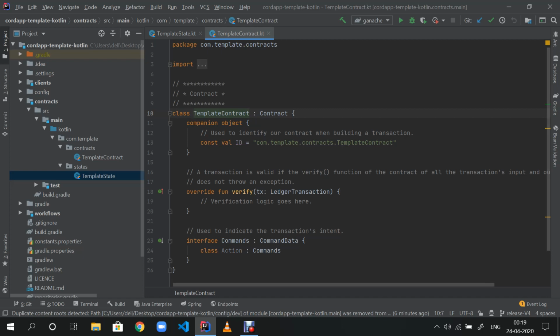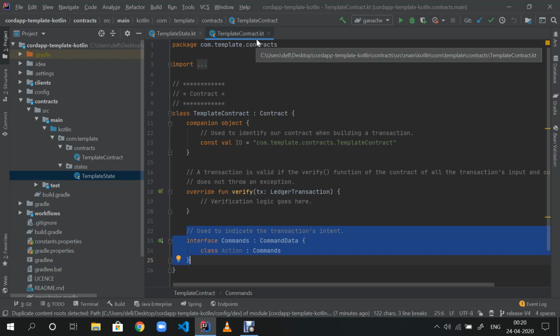In this file, we have mentioned some functions which will be followed or adhered to when we are making any transaction. These functions are the rules that are followed by the transaction.